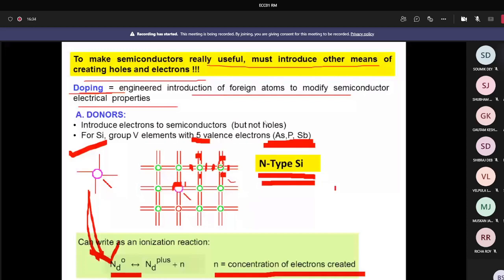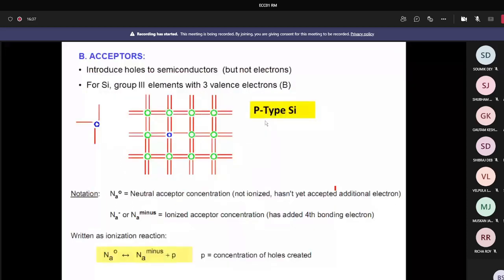Similarly, if you use a P-type dopant, that is, if you use boron, this is boron. Suppose 3 outer shell or valence electrons are there. When you dope boron into the intrinsic silicon, there will be one vacancy, a shortage of an electron bond, here. There is no bond formation.